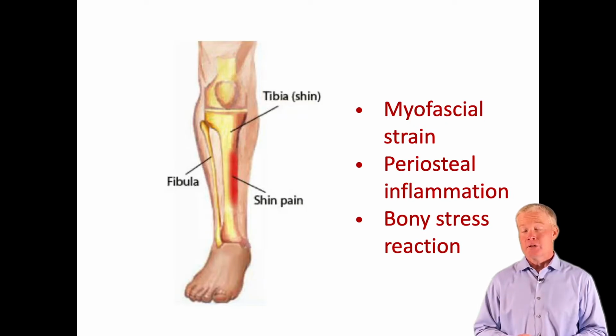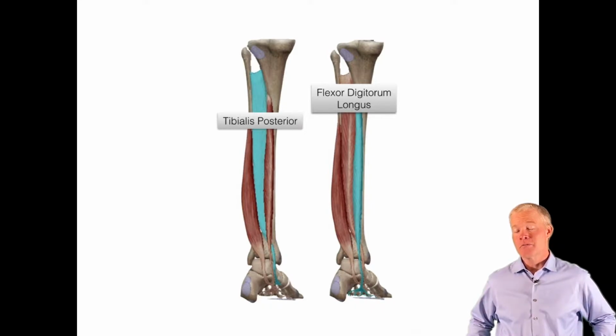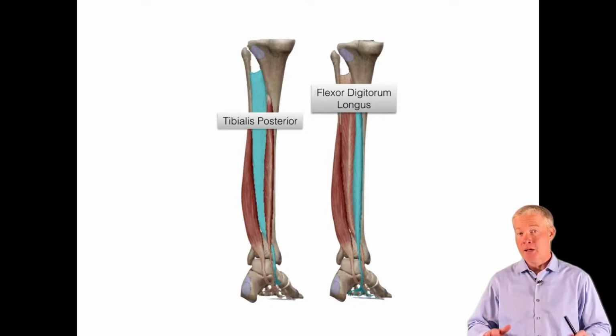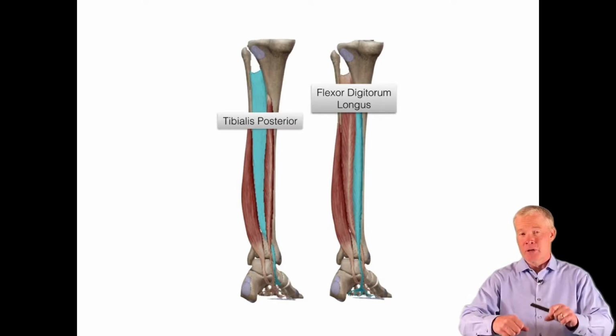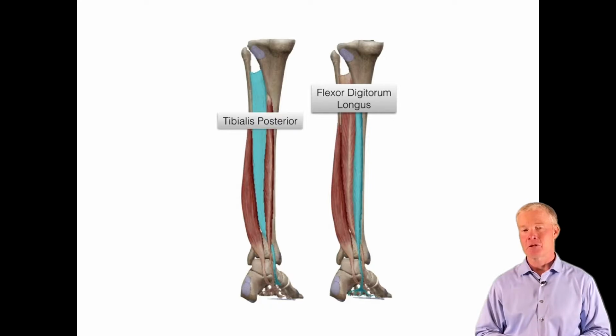So the two muscles that we're most concerned about are the tibialis posterior and the flexor digitorum longus. Both of those insert onto the medial border of the tibia. And when they're chronically pulling on the area, especially when that tibia is under some degree of torque. And how does that tibia get under torque? Well, yes, you guessed it. When the hip abductors are weak or there's hyperpronation, the knees dive inward, which forces internal rotation of the femur and tibia, which creates torque. So that's the generating force. It's not simply overuse of that muscle with good mechanics. In the majority of cases, there's an underlying functional deficit that allowed that to happen and to progress.